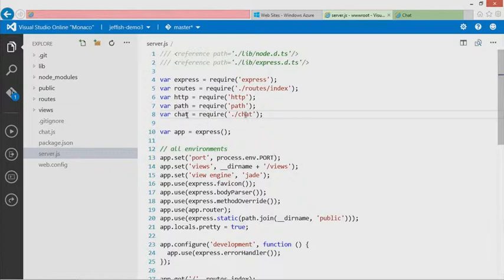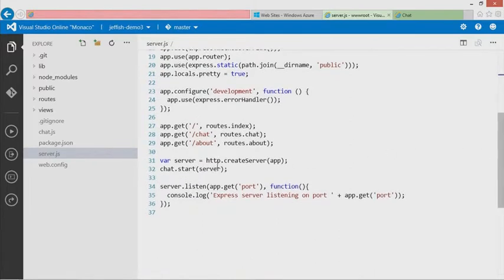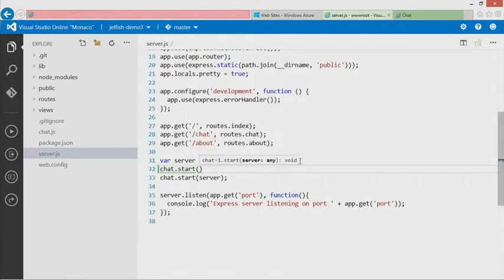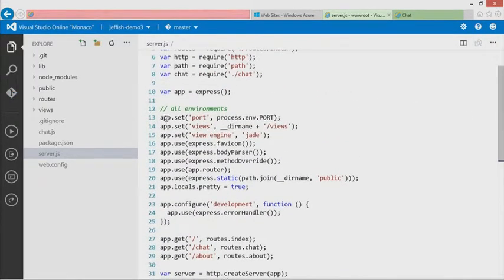Also, we're able to get IntelliSense on custom types that I've defined. So in this case, I'm requiring a local file, chat.js, and I'm able to see it has one method called start that takes an object called server. So out of the box, you're already getting a pretty good IntelliSense experience, but there also are some other nice